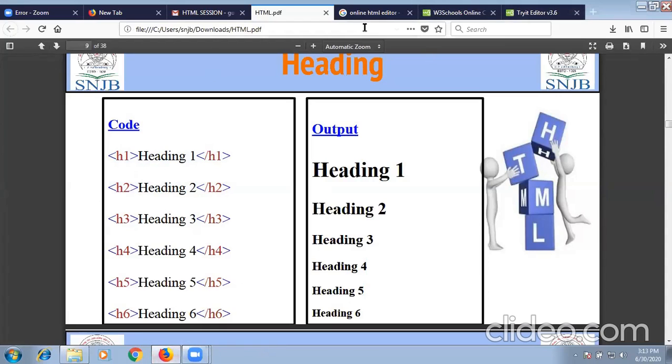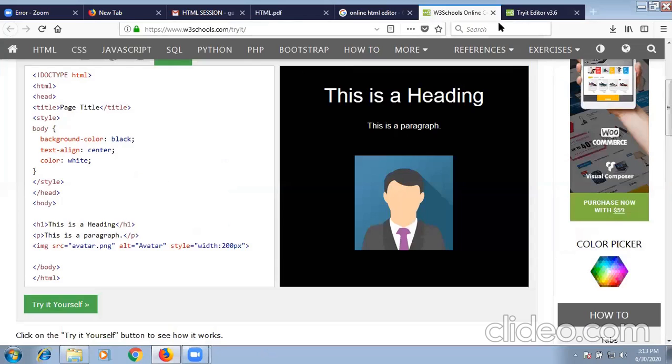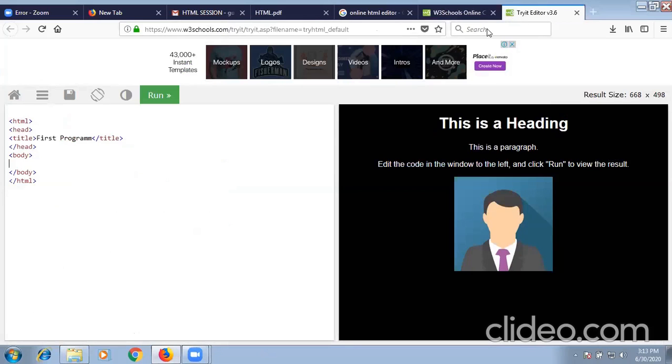Now we will first perform this on the online editor, then we will go to the notepad. First I will write H1. As I have started it, I have to end it by using slash H1.